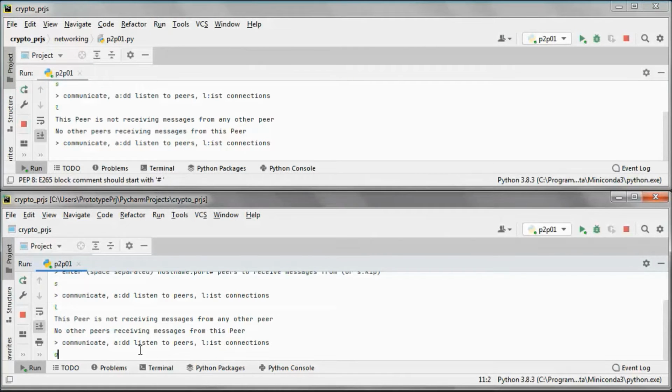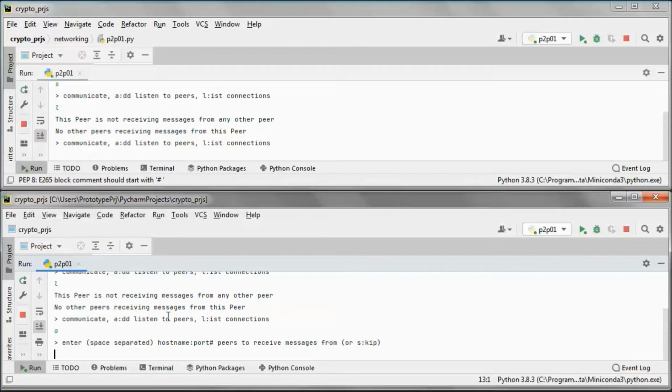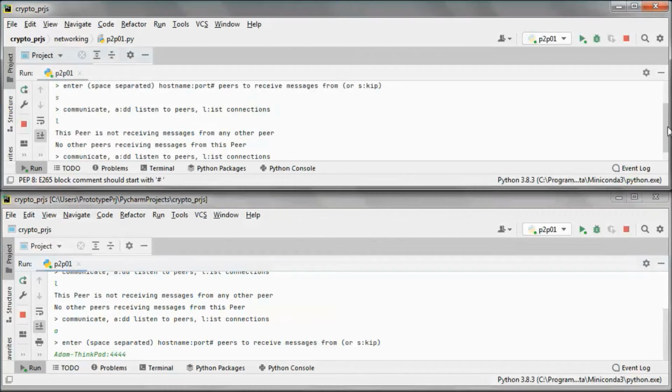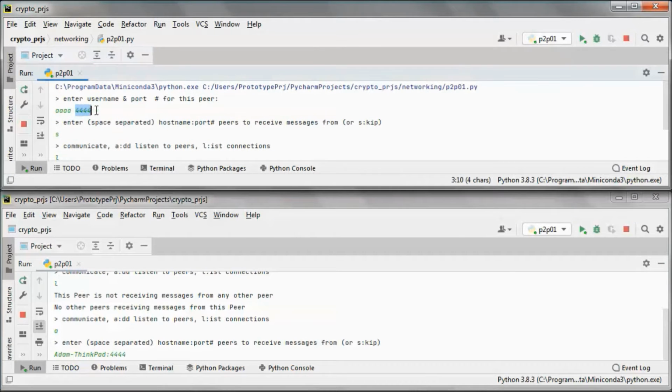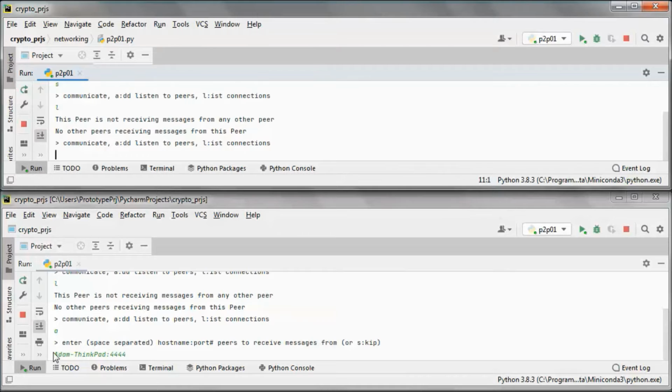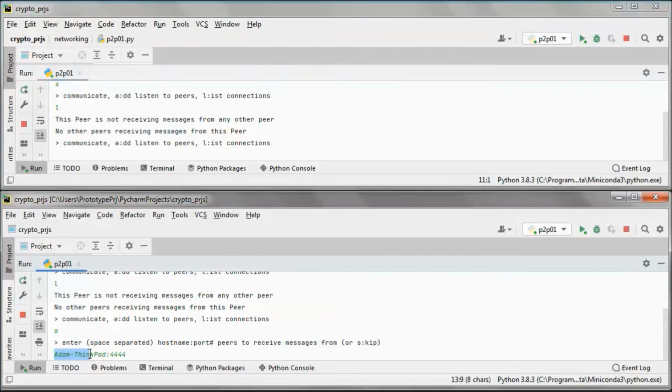And let's do add listen to peers, and this peer will be picking up messages from this one with this port, and this is my machine name.